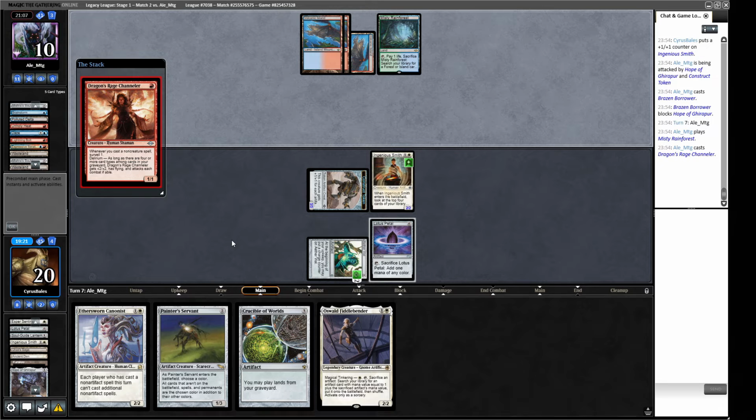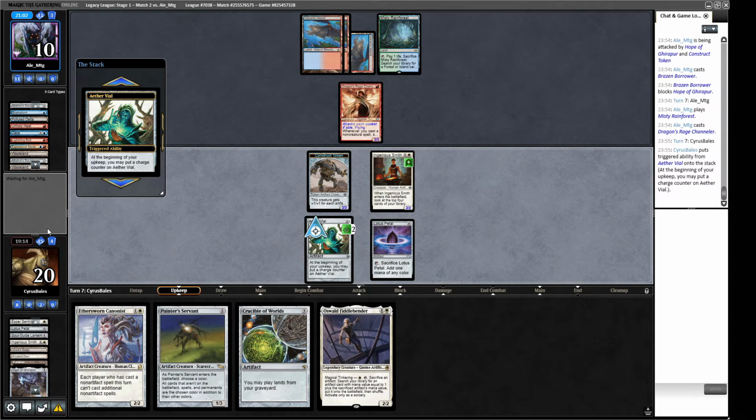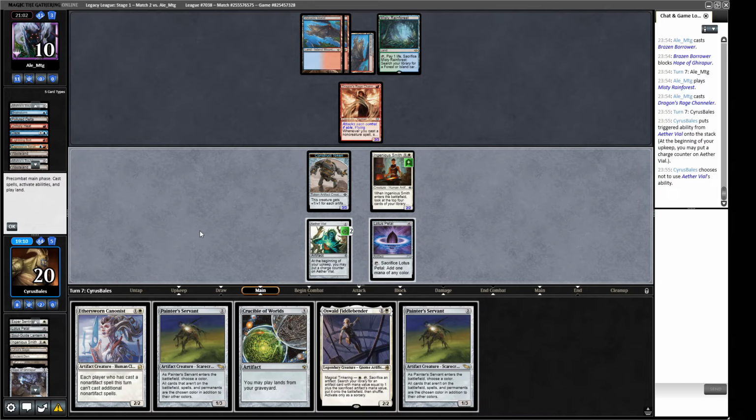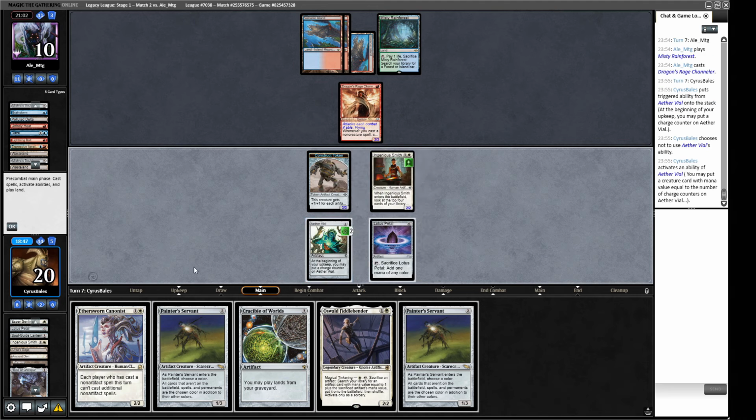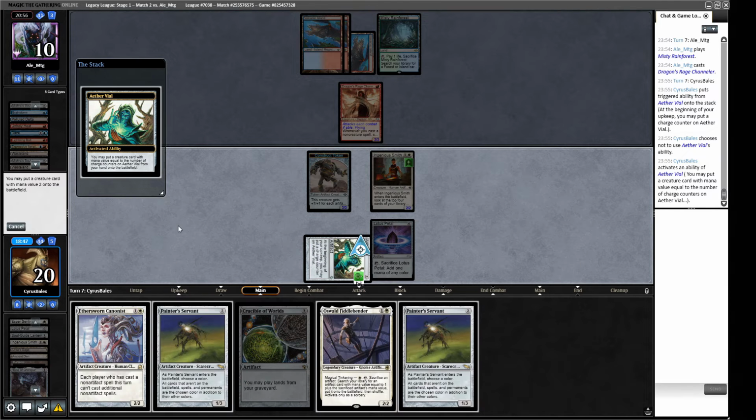Now, Murktide Regent is going to be an issue, but that's not a Murktide Regent. So we say no to this. Drop turn. A Painter's Servant. Interesting. Do I want to trade my Ingenious Smith with a Dragon's Rage Channeler? That is an interesting question. That is a very interesting question. Let's activate this. Let's see what our opponent does in response to our activation. So we're going to put in...